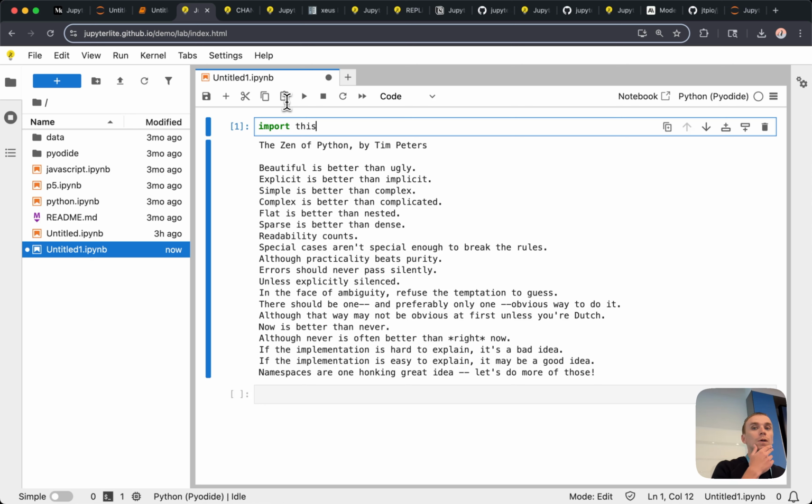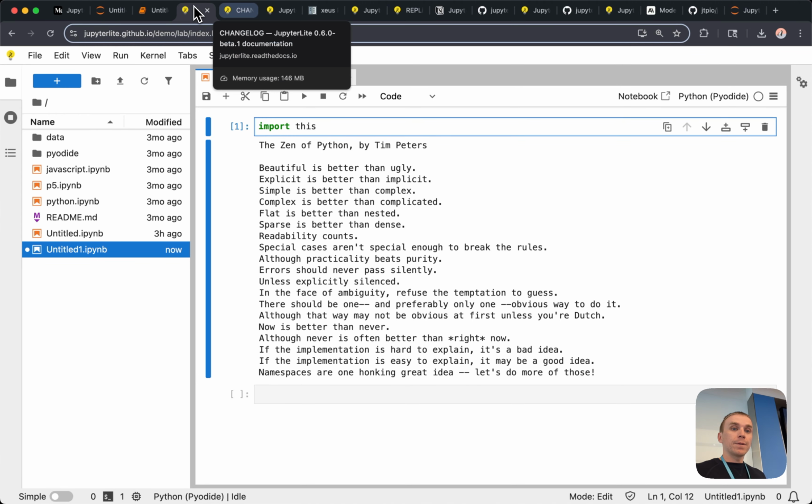So here the Python kernel is actually running in the browser via something called WebAssembly. It's really convenient, especially if you want to do something very quick, or if you don't want to deal with installing Python on Windows, Linux, and so on, and want to have the same set of dependencies for everyone. So that's Jupyter Lite. It's very close to Jupyter Lab and Jupyter Notebook in terms of the UI. It doesn't have all of the features because some of them require a server.